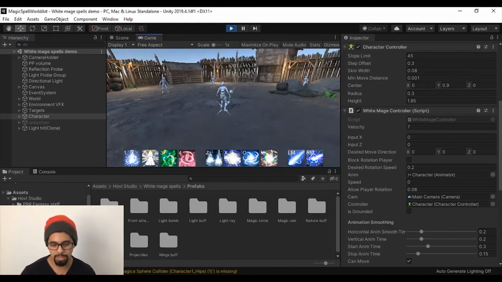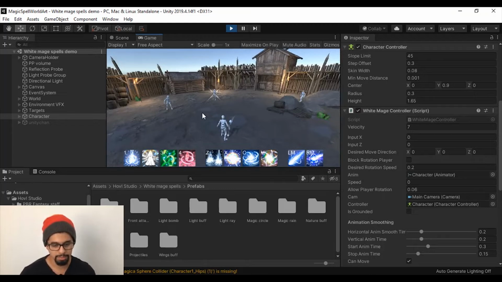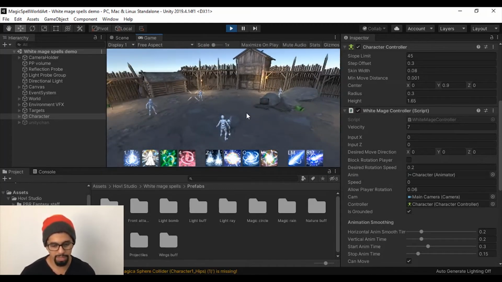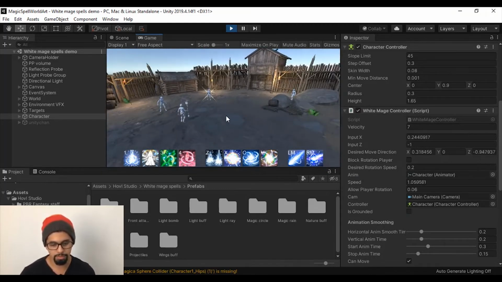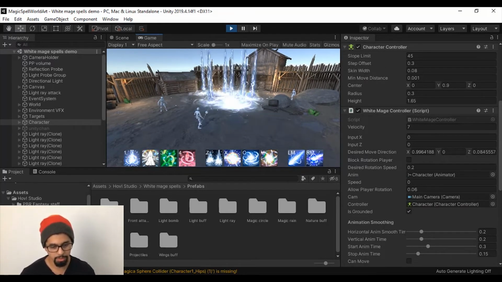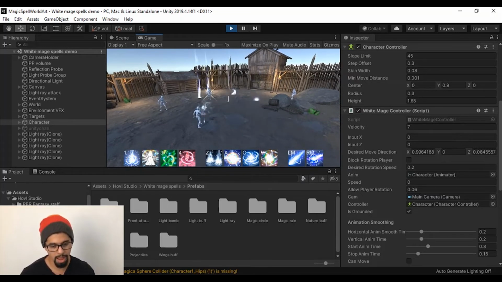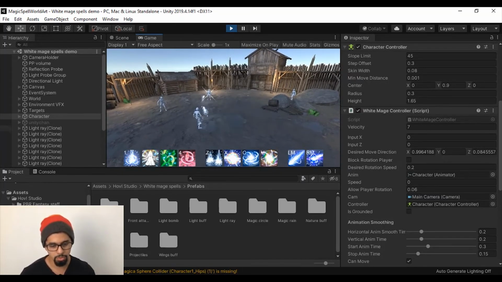Once the game starts, we can see all the functionality related with this prefab, and I will show you how to manipulate this asset in execution mode. You can move the prefab and interact with it in the scene, select the target and trigger all the magic related with the right or left click button of the mouse, or select other kinds of buttons related with the other magic, like button 1, button 2,